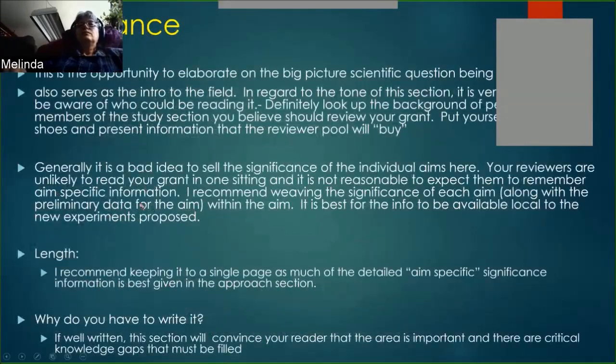Now the significance. This is the opportunity to elaborate on that big picture scientific question. It's the intro to the field. Now, this is the why it can be helpful if this is going to be reviewed by what's called